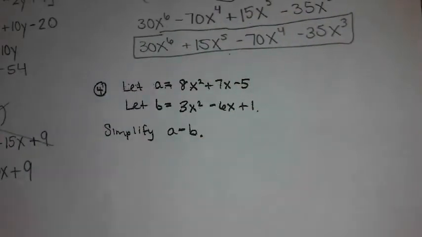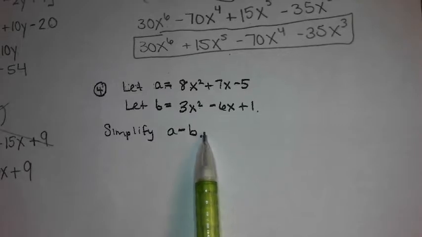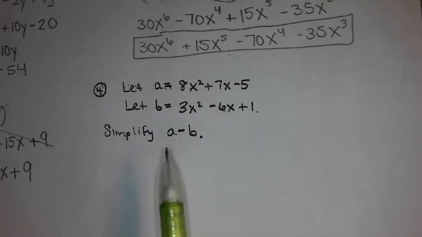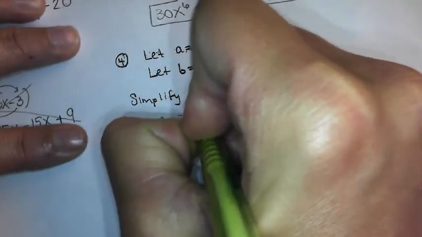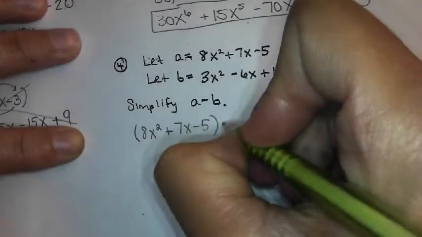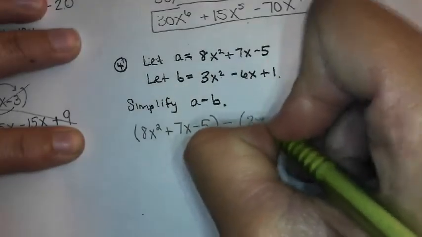All right, in 4, A is not a number anymore. A is a polynomial, a trinomial to be exact, and B is a trinomial. So absolutely here, because when you are doing subtraction, if you're subtracting a trinomial, you 100% need your parentheses around those substitutions, because you're subtracting multiple terms, not just the first one. So we'll plug in first the A minus, plug in our B,